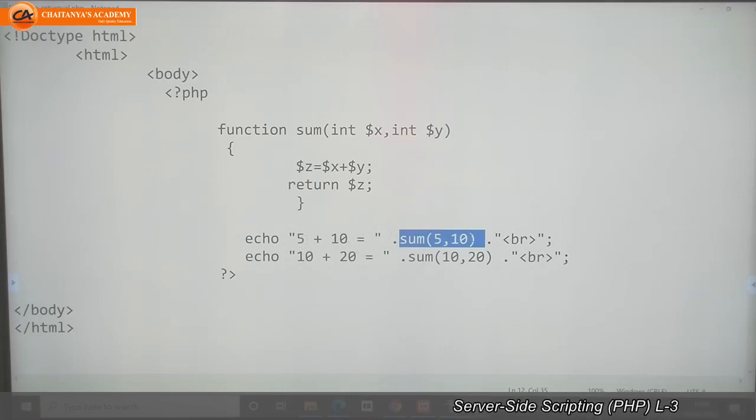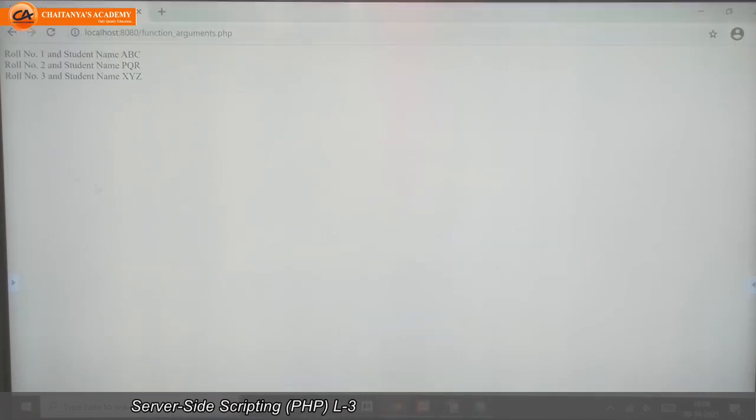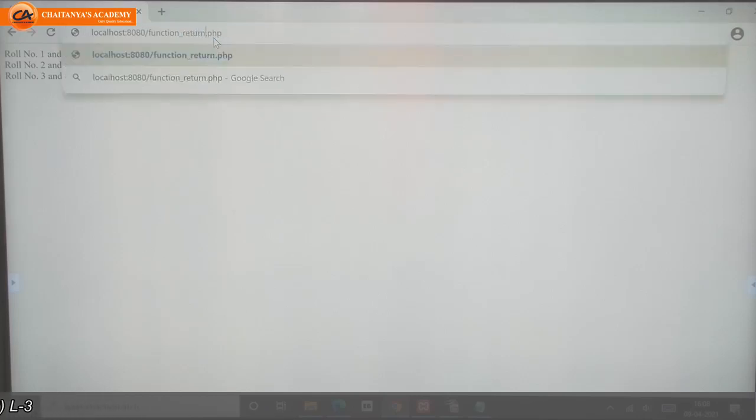Both values I need to pass as arguments. See, we'll check the value it will return. The return val is the name of the program. See, 5 plus 10 equal to 15, 10 plus 20 equal to 30.